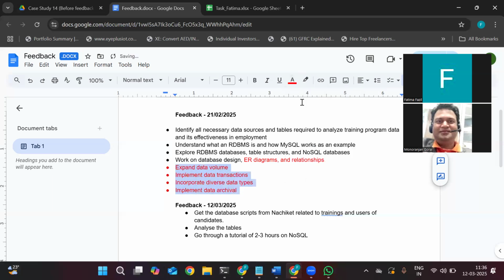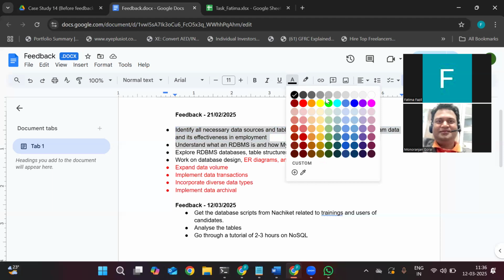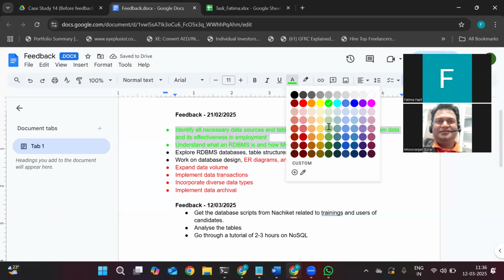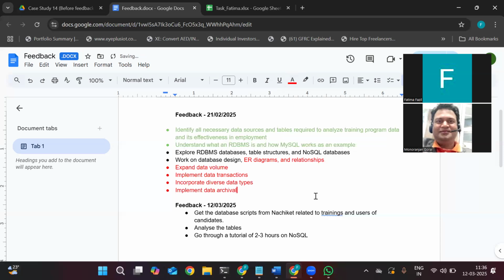So the first 2 points, identify all necessary things and understand what RDBMS is. Those 2 points you mark it as green. Then explore RDBMS, that point you mark it as yellow. This is in progress.